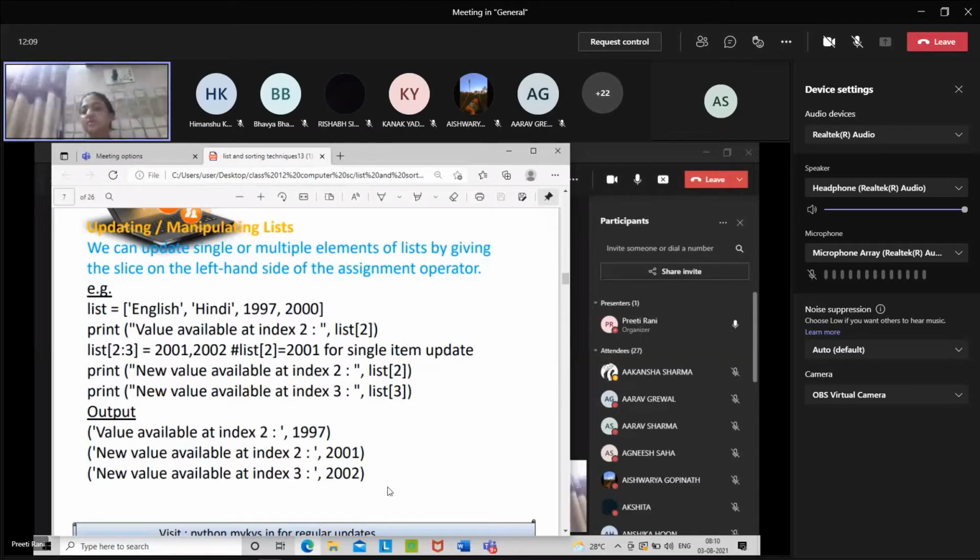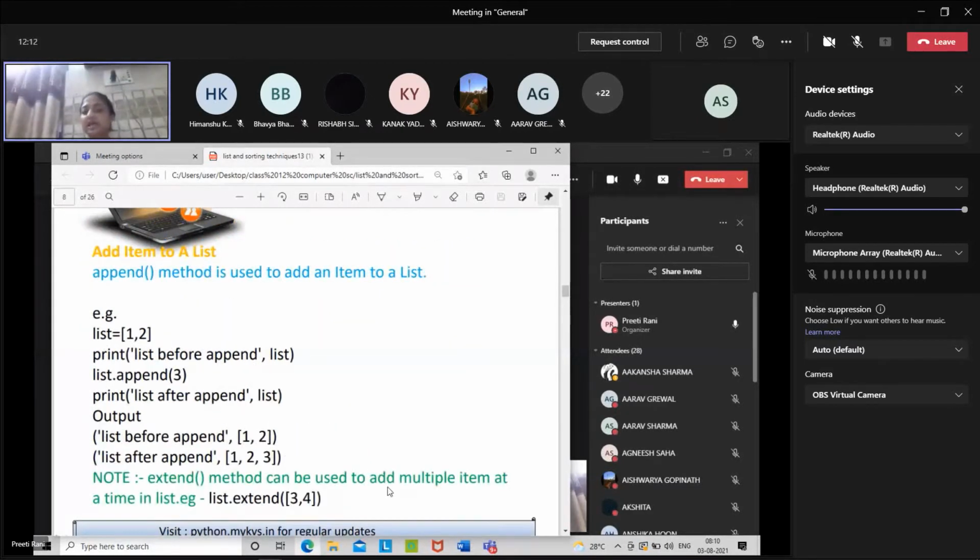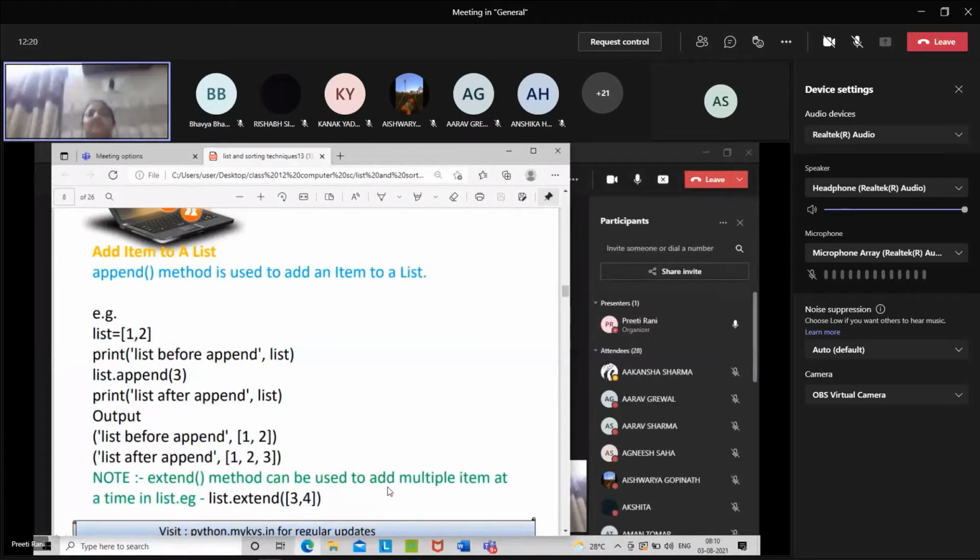Right. Append and extend also we discussed in the last classes. Have you done the practice for append and extend? What was the difference between these two? Who will tell?